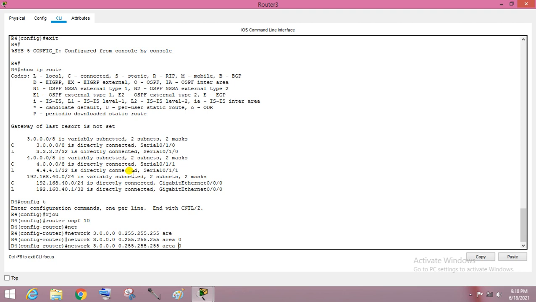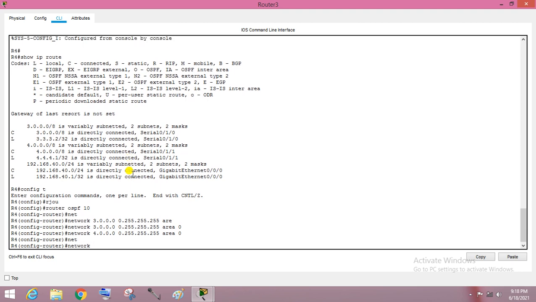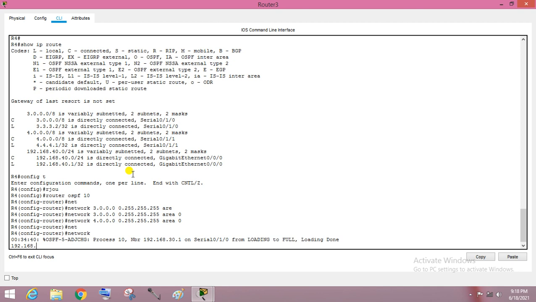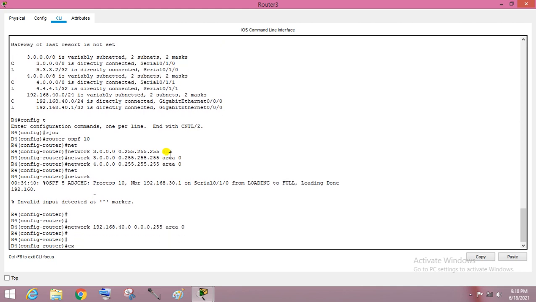Same thing we have to implement for network 4. Done. Now for the class C IP address, network 192.168.40.0. You have to subtract from the global subnet mask 255.255.255.0, and you will get 0.0.0.255 and area 0. Okay.